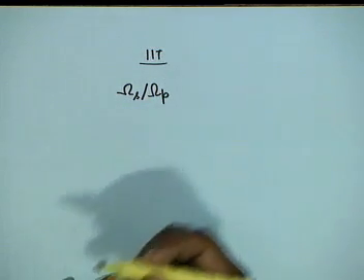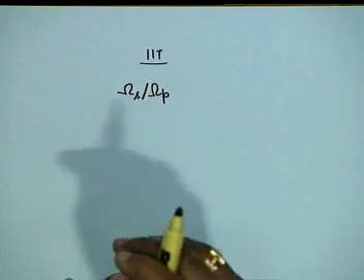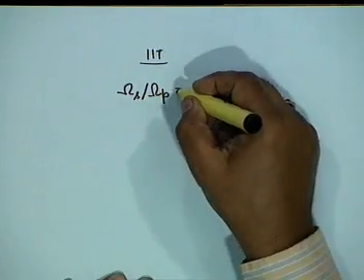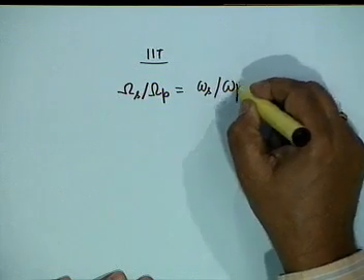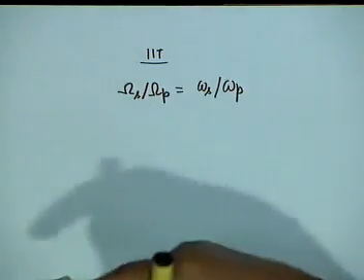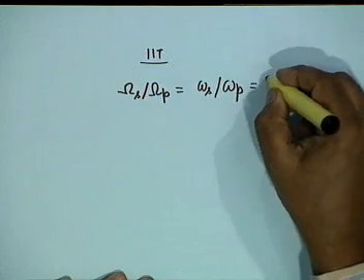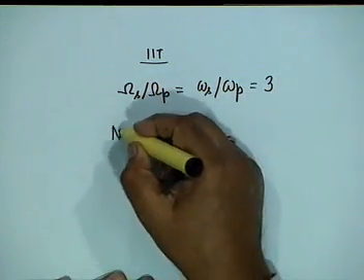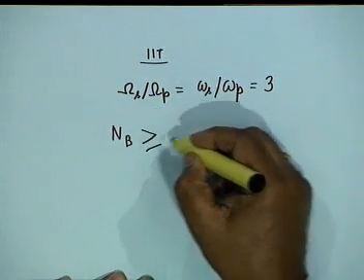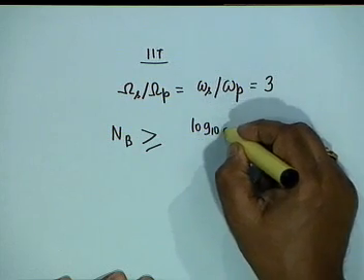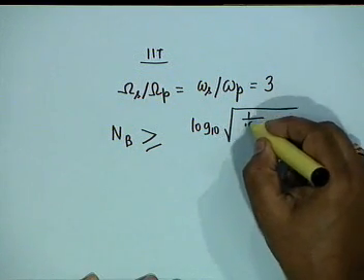by omega p. Omega s divided by omega p, that is the transition ratio for the corresponding analog filter, shall be simply the ratio of small omega s to small omega p. In bilinear it was a ratio of tangents, now it is simply a linear relationship, so it is this ratio which becomes equal to 3, and therefore n, if we still continue to use Butterworth, n sub b shall be greater than equal to log 10 of the same factor that we had got earlier, that is 1 by 0.04